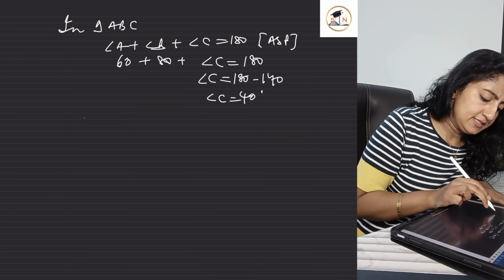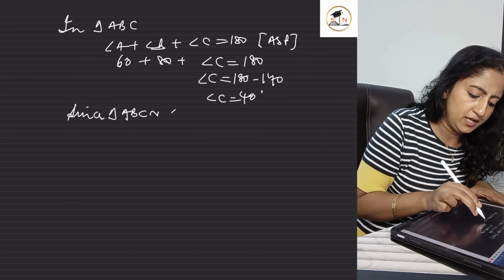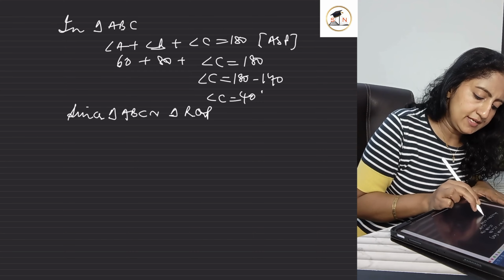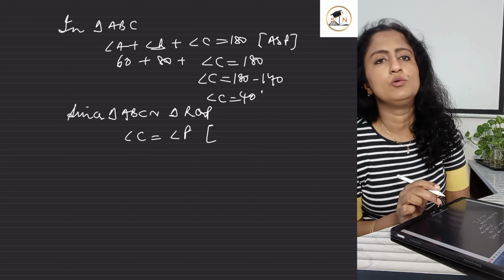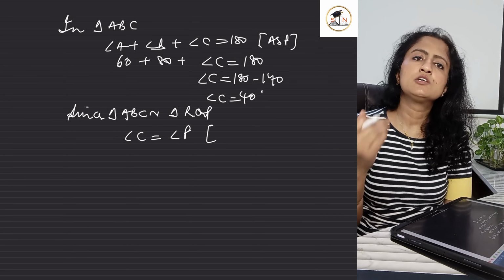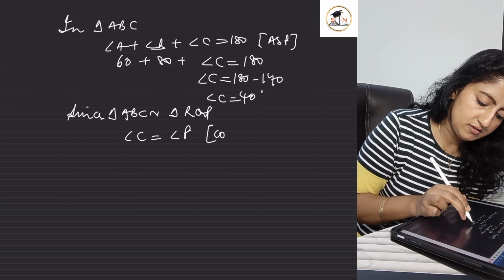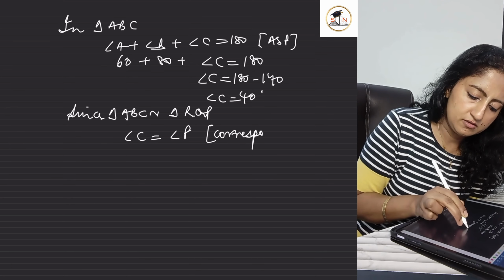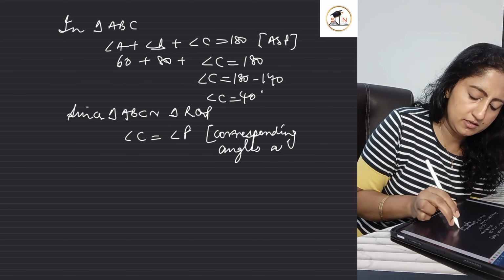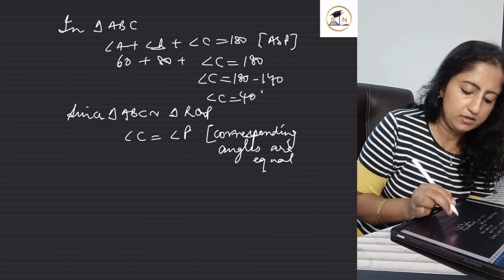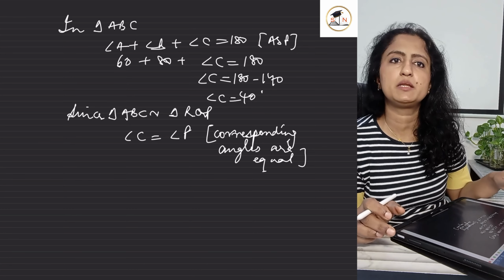Now, since triangle ABC is similar to triangle RQP, angle C equals angle P. अब यहाँ पे रीजन क्या है? देखो, जब हमारे ट्रायंगल्स सिमिलर हो जाते हैं, so what we can do, we can actually equate the corresponding angles. We will just write corresponding angles are equal. Okay, CPCT होता था कॉन्ग्रुएंसी में, उसी तरह से यहाँ पे CPCT तो नहीं है हमारे पास सिमिलैरिटी में,